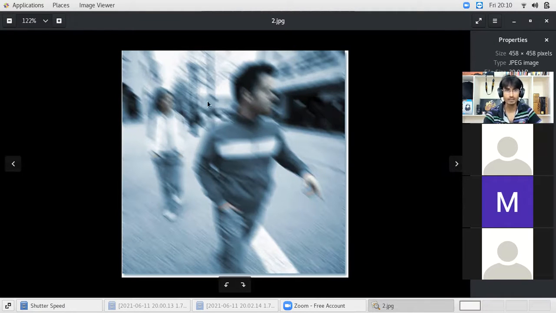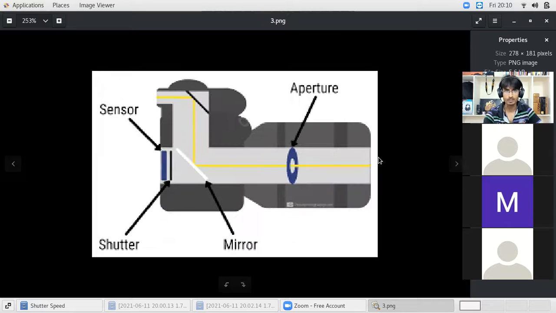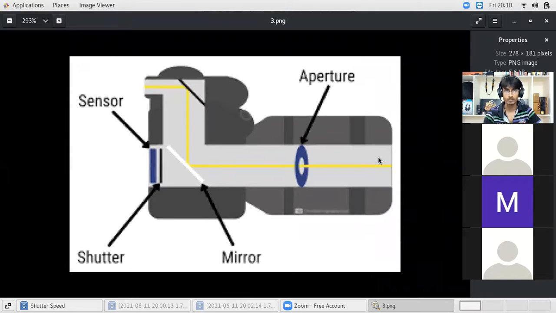We get everything in this blurred condition, like people who are moving blur as well as the surrounding. What is the reason? To understand this reason, we have to one more time look at how digital cameras work.